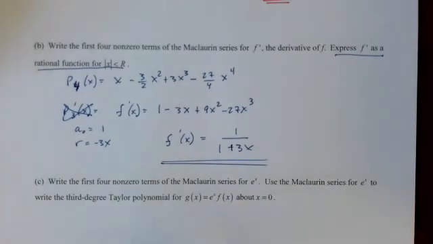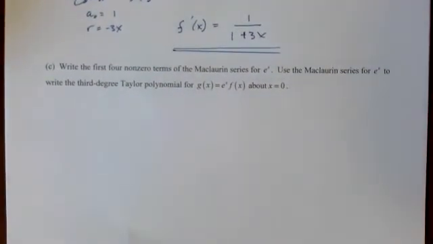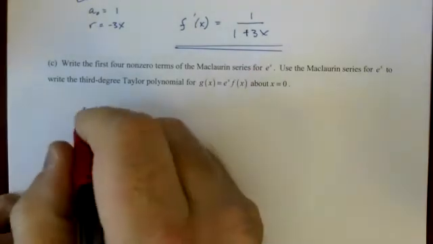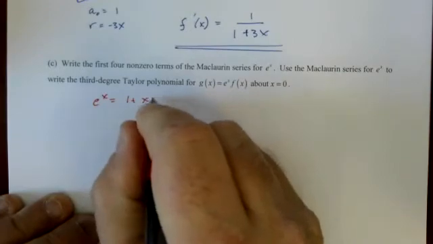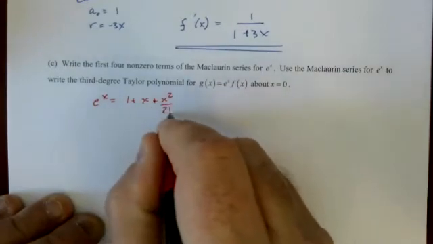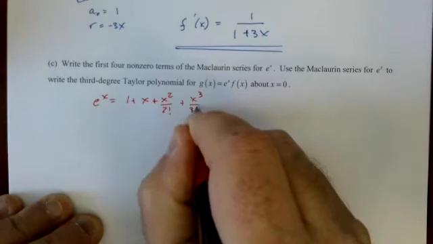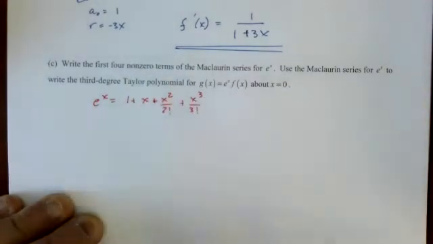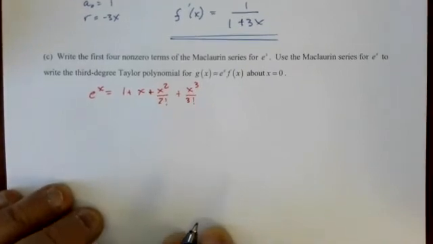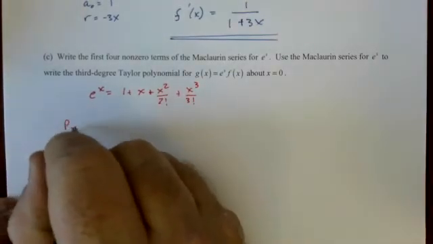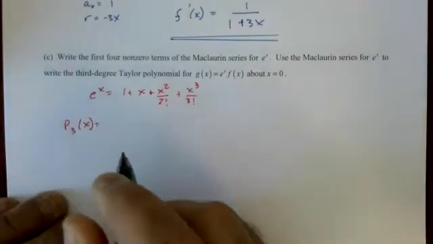Write the first four non-zero terms, Maclaurin series for e to the x. e to the x equals 1 plus x plus x squared over 2 factorial plus x to the third over 3 factorial. First four non-zero terms. Got it. Use the Maclaurin series for e to the x, right? Third degree Taylor polynomial for g of x equals e to the x times f of x. P3 equals